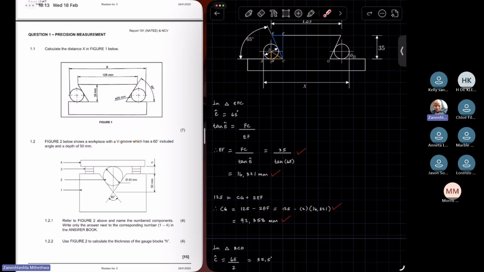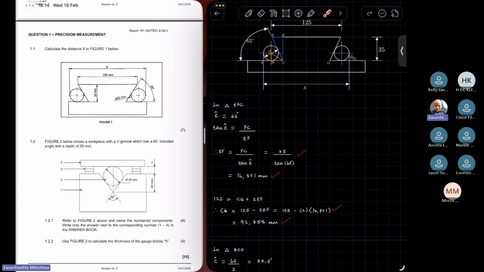Because you've already established that in order to get X, you need to know AB, BC, and CG. And if you find AB and BC, you will have inadvertently established what these measurements are. So here I started with calculating CG. First I calculated EF here using triangle, I called it EFC. So this triangle here, the blue one,